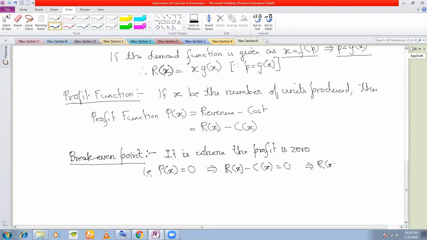So what are you doing in case of break-even point? Suppose you are running a factory and the market situation is not very good. Then what do you say? I am only producing to maintain my overheads, to maintain my factory. I'm not making any profit. That is the break-even point. That is where you are only recovering your cost. You're not making anything extra. So where revenue is equal to cost, there we get the break-even point. At that break-even point, you get a certain value of X.